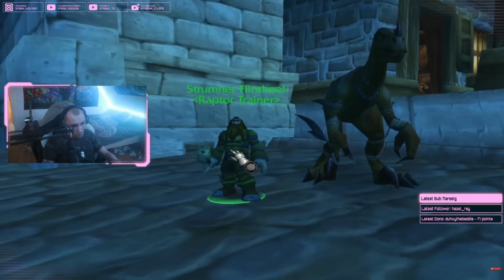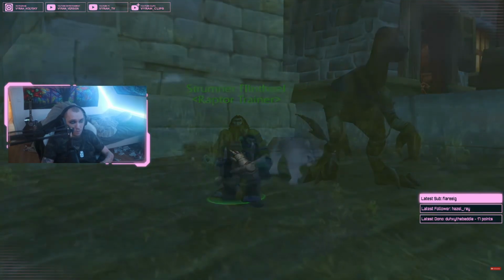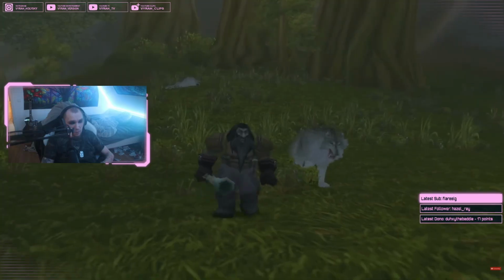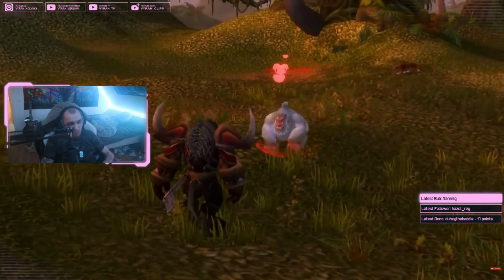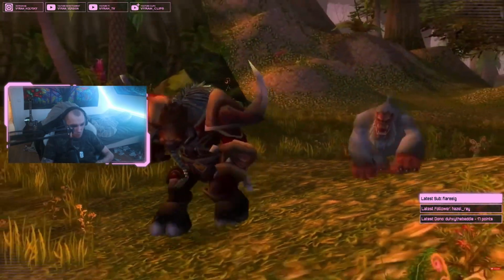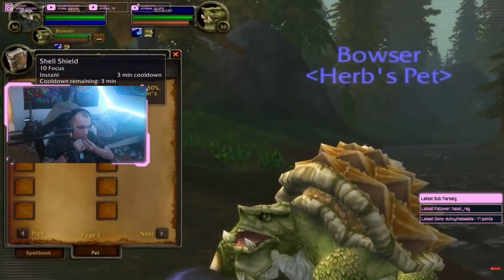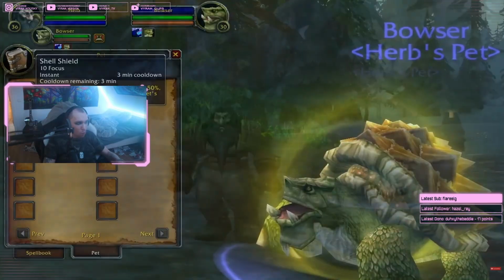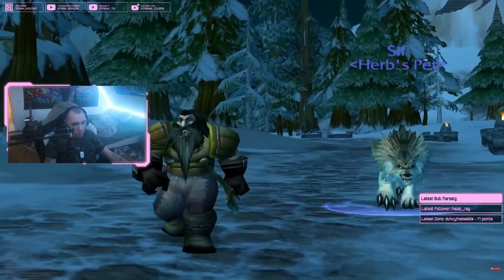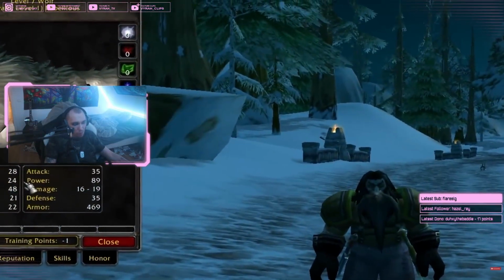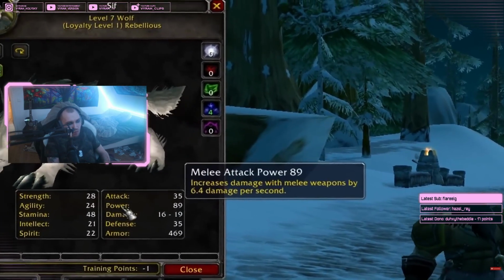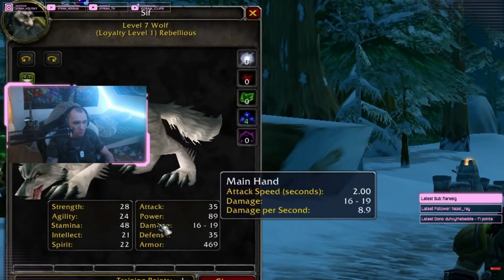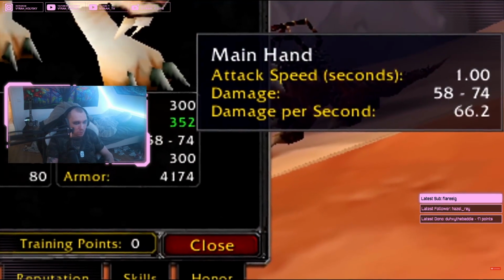Anyways, first up we have a feature. In vanilla, anybody who's at all familiar with the Hunter class knows that the different pet species in the game hold different unique abilities. The spiders can root people in place, the bird has an AoE threat generator, the wolf provides a melee attack power buff for party members, and beyond all of this, they also come with unique stats. And with the loyalty and training systems, they're arguably one of the most complex classes in vanilla.